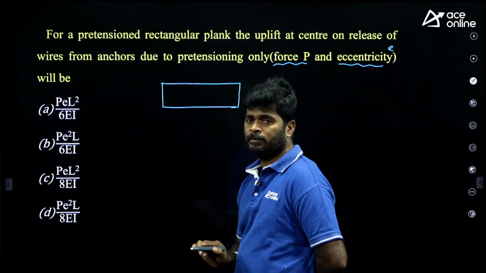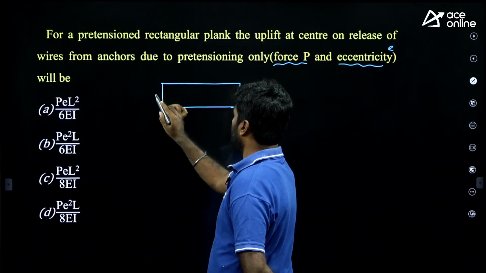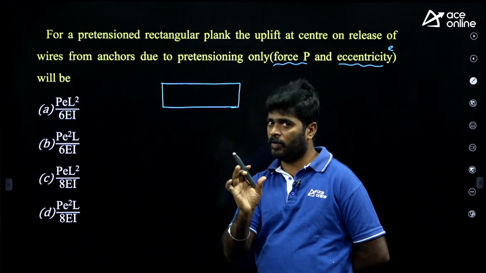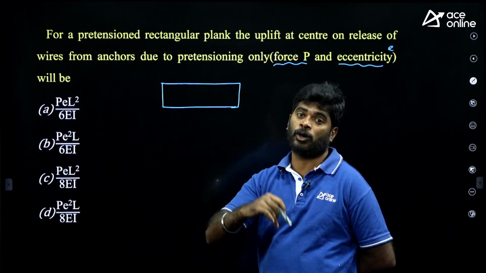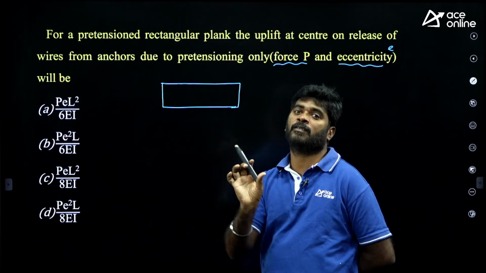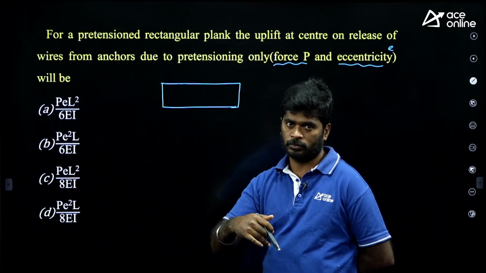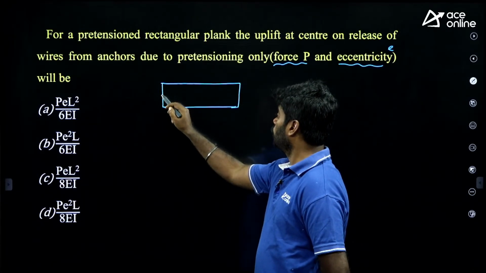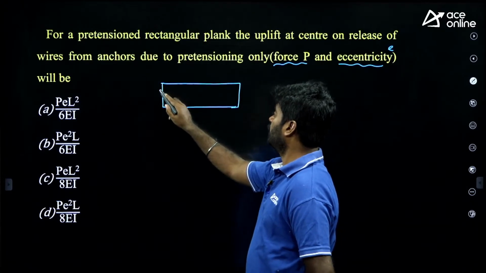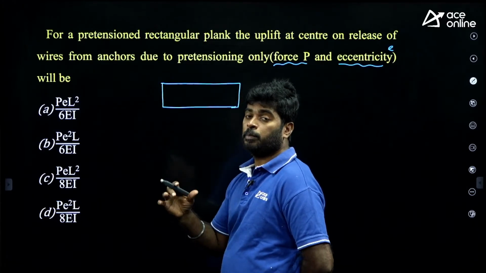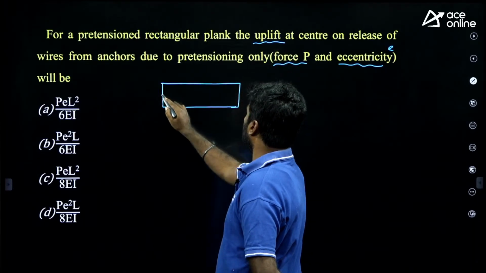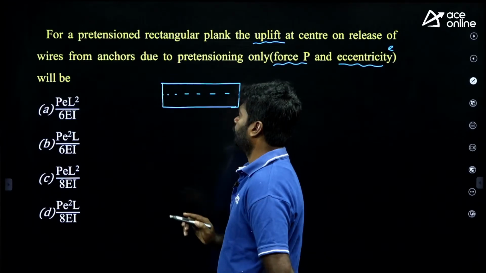We have to understand first, where do we keep the tendon? Suppose if you keep the tendon exactly at center, then the beam will not lift up, will not bend down. It will not bend up, it will not bend down. It will not deflect up, it will not deflect down, if you keep the tendon exactly at center. Suppose if you keep the tendon at the top, my dear, the beam will deflect down, but we want uplift. So keep the tendon at bottom.